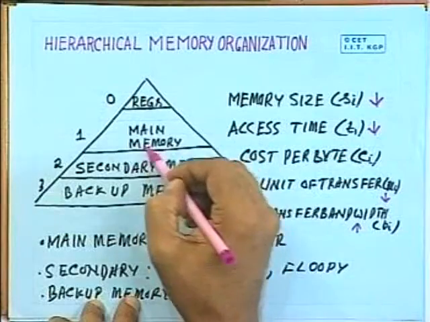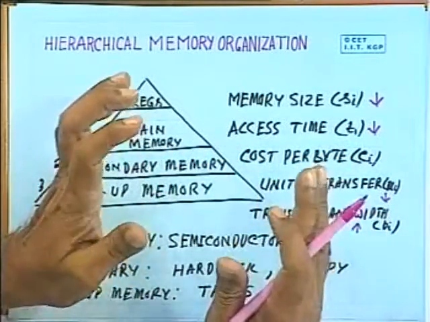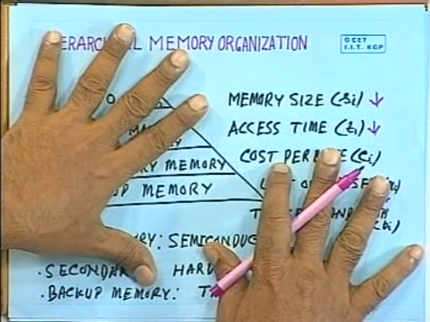So main memory corresponds to the memory devices which are used to store the program, and any program you want to execute must be present in the main memory. That's why it is called main memory and prime memory. It is the important characteristic that any program which you want to execute must be present in the main memory, just like the book you want to read must be present on the desk.